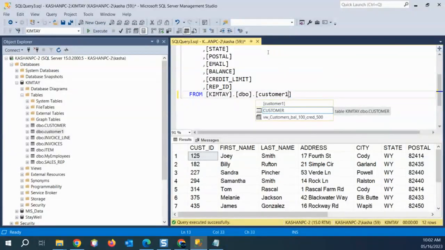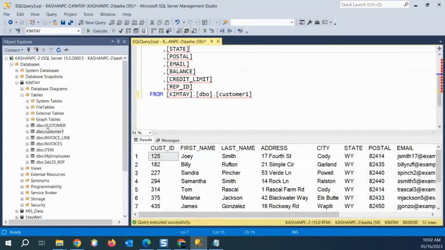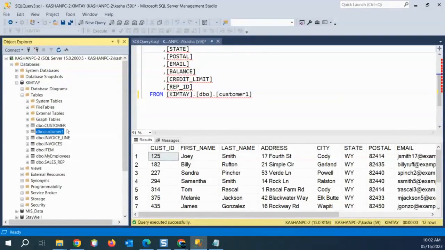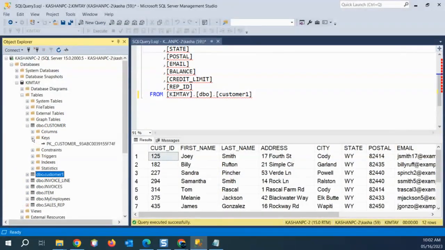But let's see if I have a customer table. Let's see what kind of data I have. Throughout this next part, I will be working with the customer one table, not the customer table, because I don't want to touch it anyway. I'm pretending that I'm working in the dev environment. So let's go ahead, and for the time being,